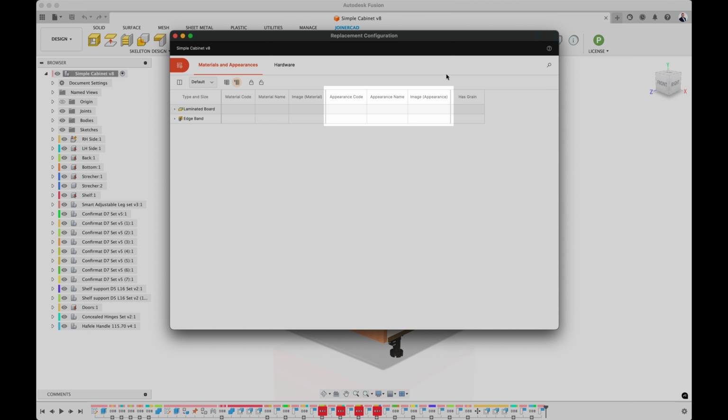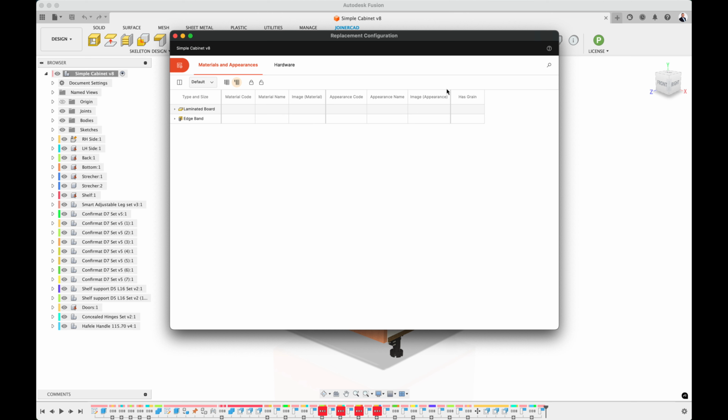For example, solid body, rod, or plain board do not have a cover, so this group of appearance columns will be empty. And the fourth and final group is the Other Properties group, where the user can see and manage information such as grain direction, supplier, etc.